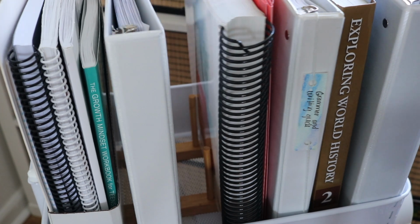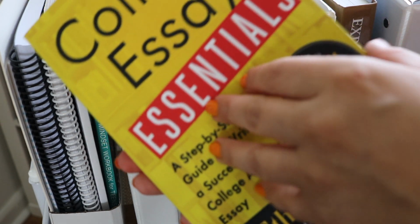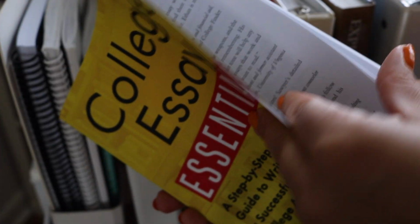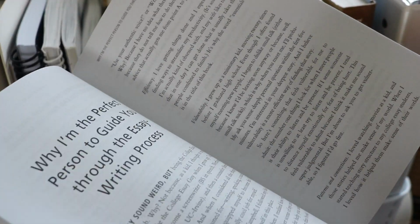And the same as my teen daughter, various binders here, one for language arts, one for history. This is a prep book for the PERT test for dual enrollment and scholarship applications that are coming up very soon. Both of my teens will be sharing this resource, College Essay Essentials, a step-by-step guide to writing a successful